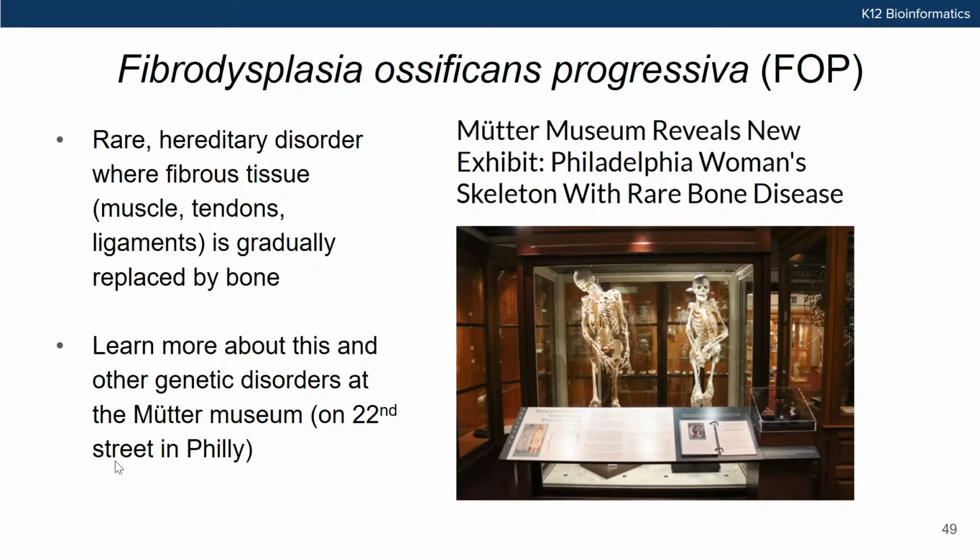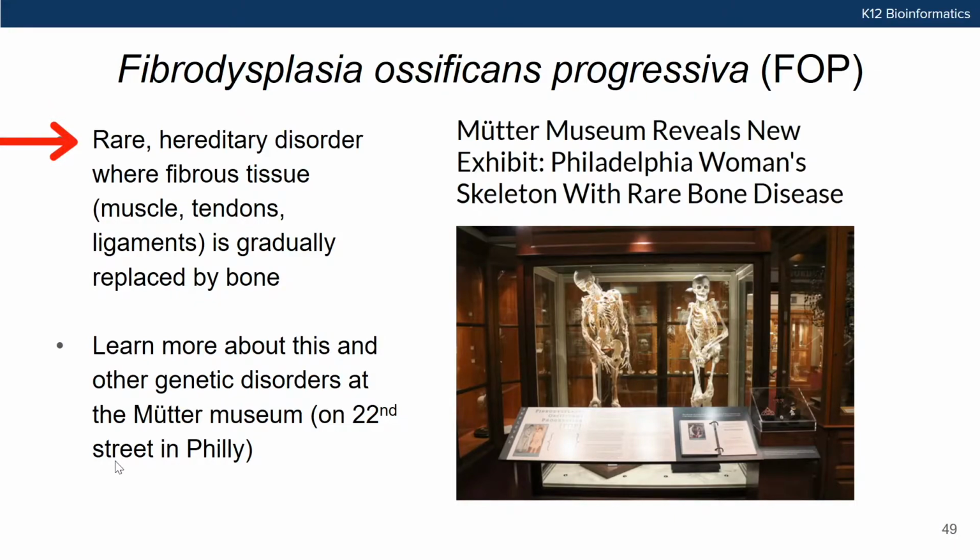And now let's talk briefly about how scientists investigate rare hereditary disorders. To do this, we're going to use an example of a very rare disorder called fibrodysplasia ossificans progressiva, or FOP for short. And just a bit of background on the specific disorder, FOP is a disorder in which muscle